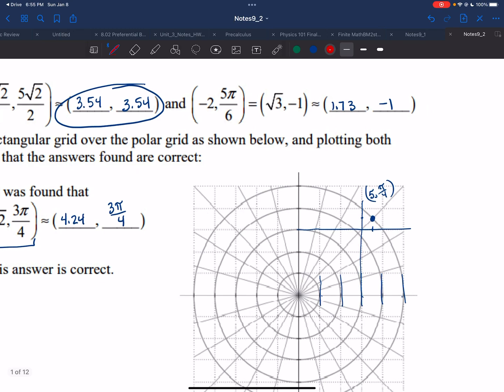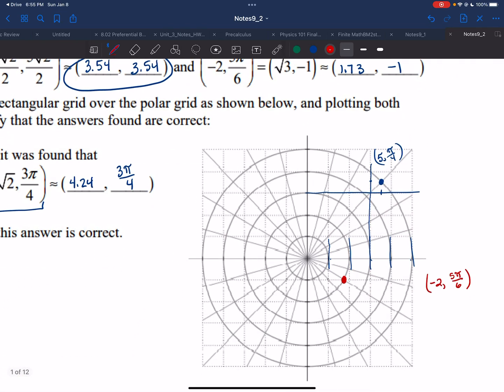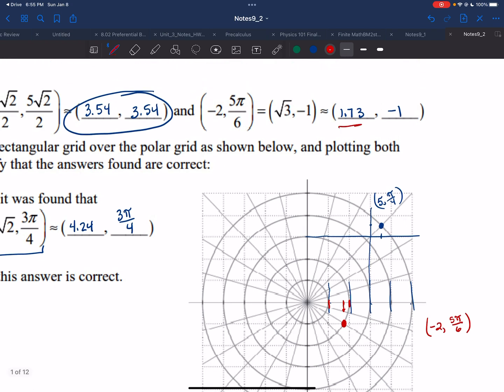So we can do negative 2, 5 pi over 6. So negative 2, 5 pi over 6 we said was right here. That's what we just graphed right up here. Okay, so I'm just transposing that graph down here. And let's see here. If I have 1, 2, am I here under, I'd say like 1.7 something on my x. And yep, 1.73, so that jives. And then negative 1, here's 1, here's negative 1. Yep, so that rectangular piece